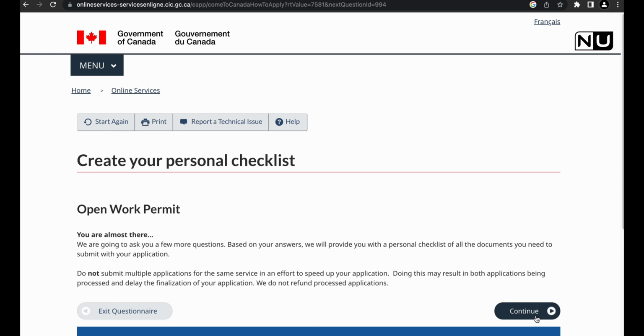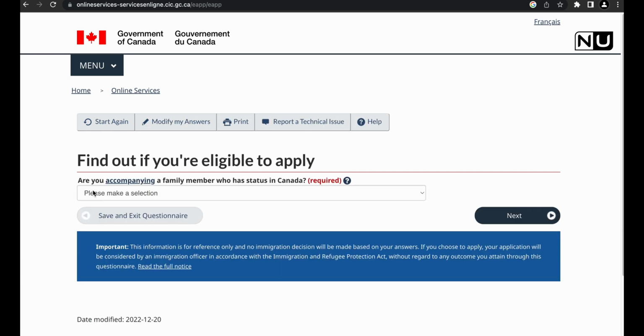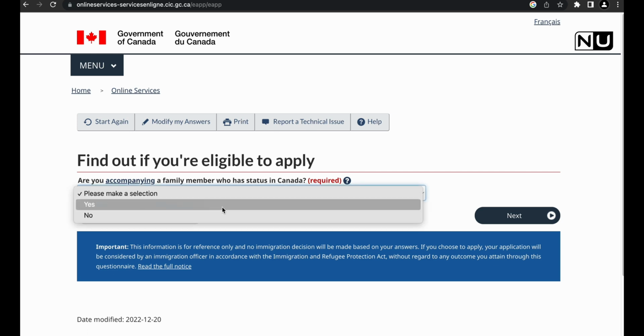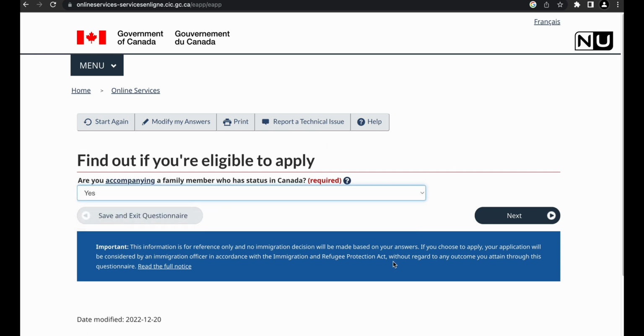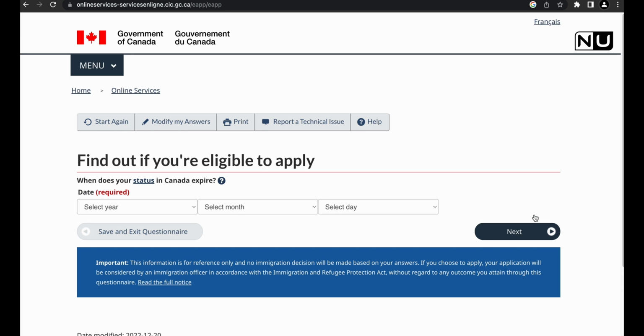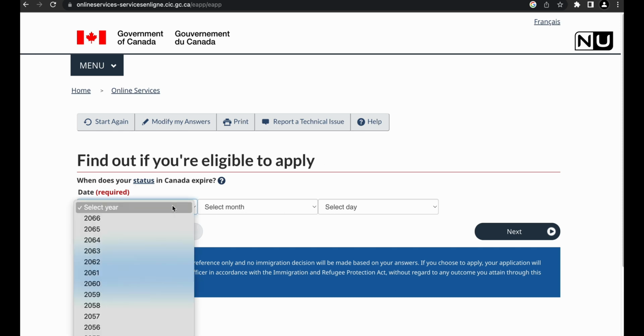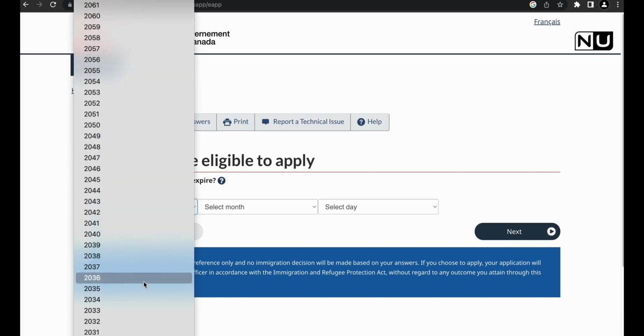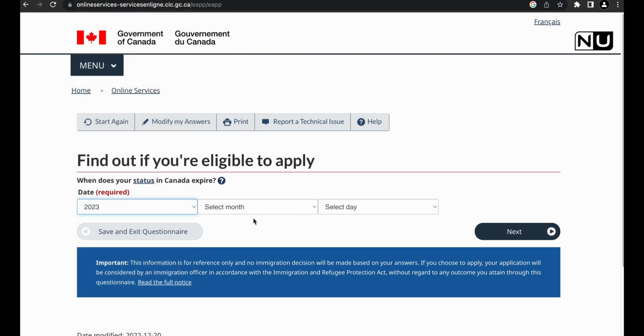These are some instructions, you can just click continue. Are you accompanying a family member who has a status in Canada? Yes, because you are accompanying your spouse, so it would be yes. When does your status in Canada expire? This will be mentioned in your current work permit. So whatever date you have on your work permit, accordingly you need to write it. So I will just mention like 1st of April